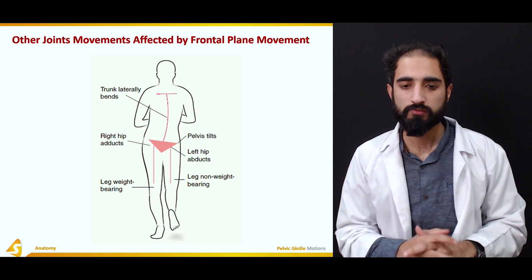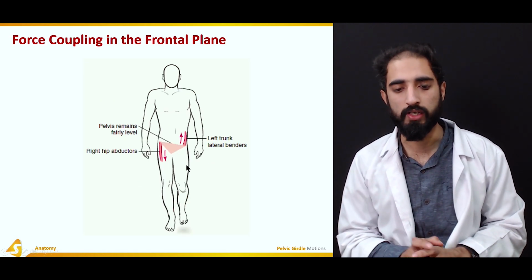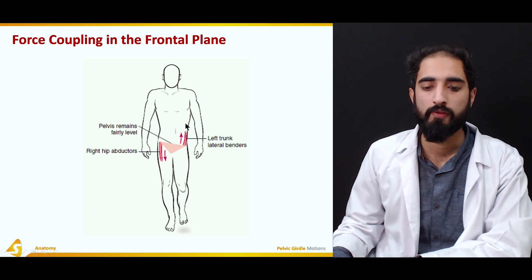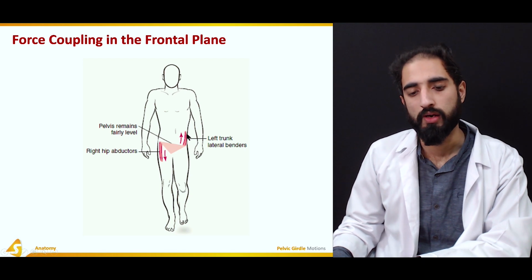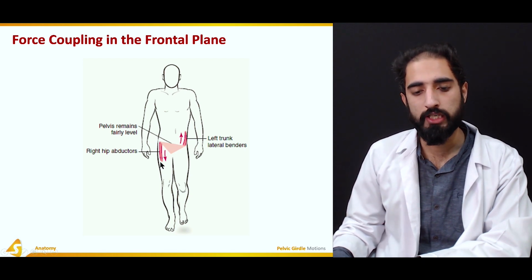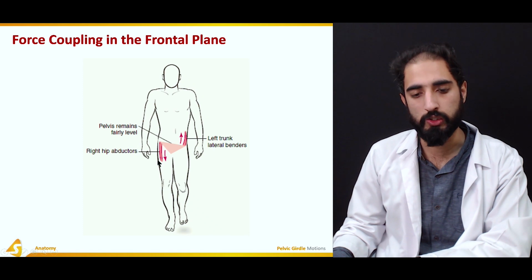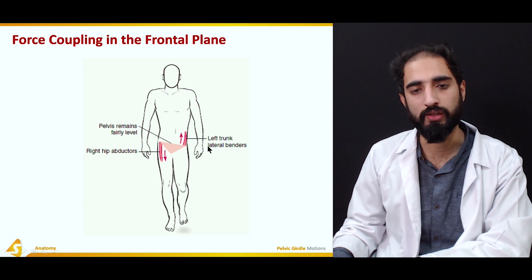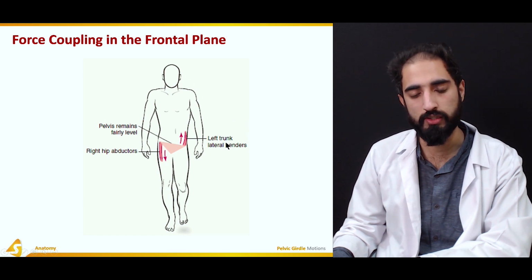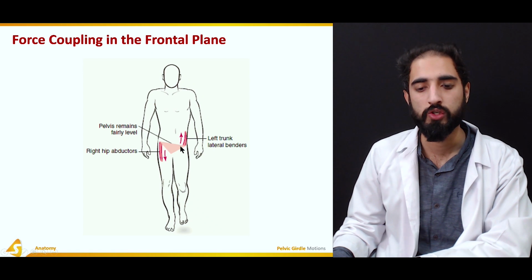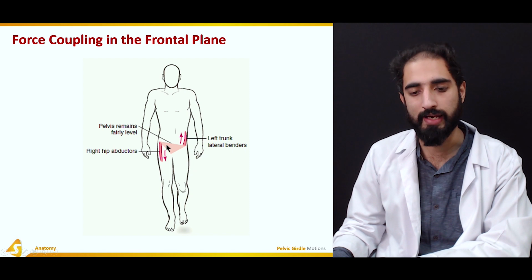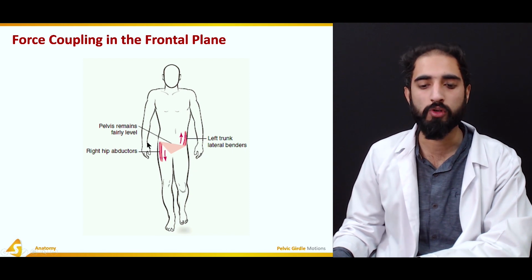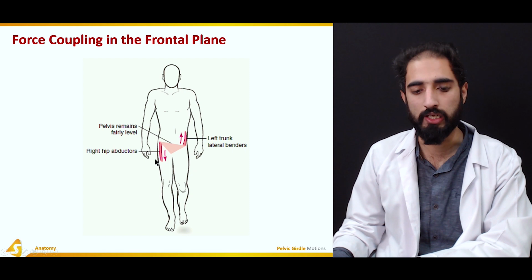Now, talking about the force coupling: if there needs to be a pelvic tilting, so if I'm talking about the right hip abductors, they contract to abduct the hip on the right side, whereas the left trunk lateral benders, such as the quadratus lumborum, contract to hike the pelvis from the left side, and that results in a lateral pelvic tilting towards the right side,